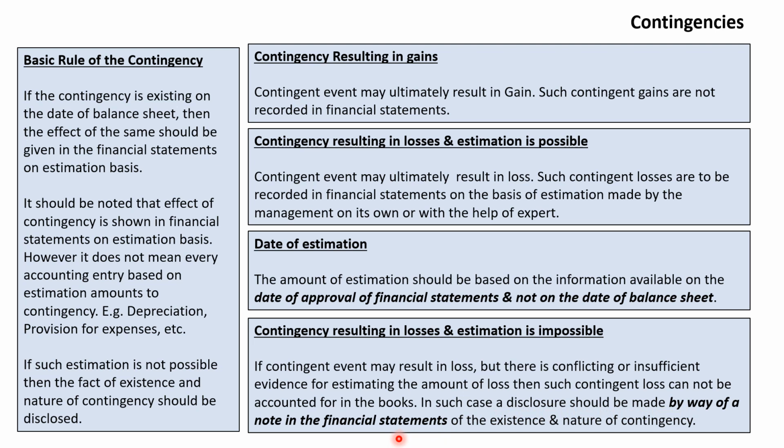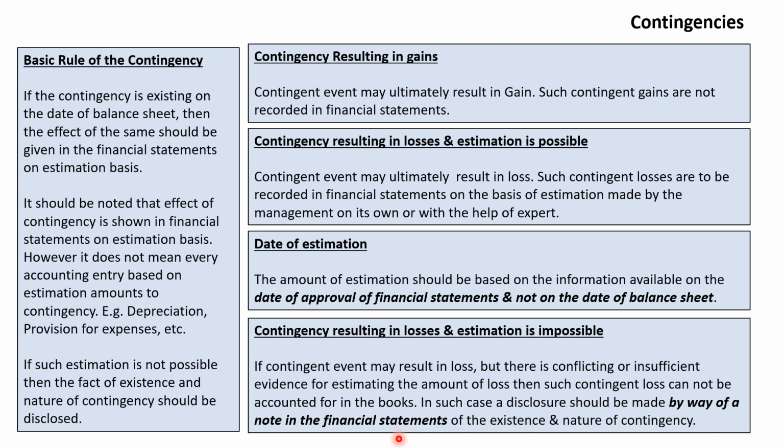So below the P&L account, below the balance sheet, you are going to write the notes to the accounts where you are going to specify that there is an existence of a contingency of so and so nature and the management is not in a position to estimate the amount of the same. So once the reader is aware that he is looking at a P&L account, he is looking at a balance sheet